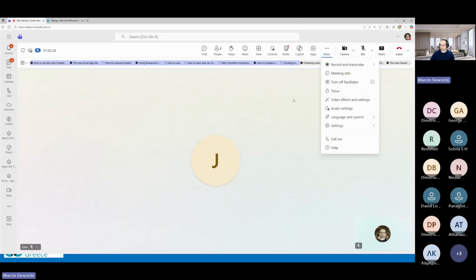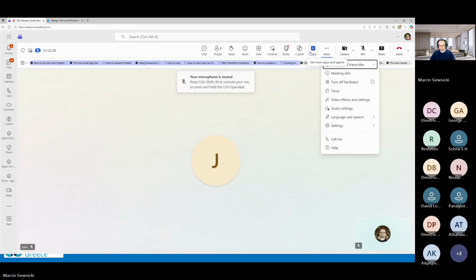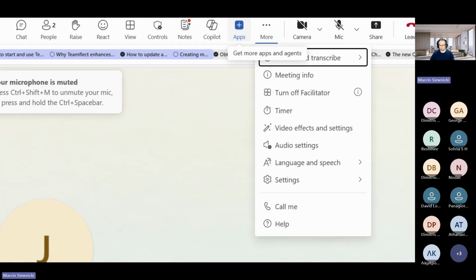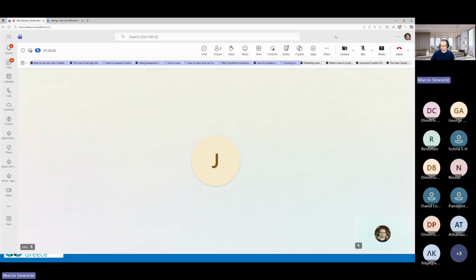You can enable it when you enable transcript. You go to More, and there is this Turn on facilitator, the third option from the top. I enabled that so that I can only turn it off, but at the beginning, you can turn it on. And this agent is dedicated to help you with meetings in general. So first,